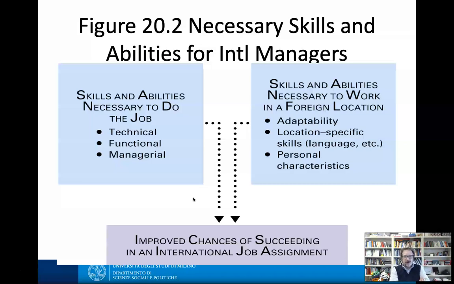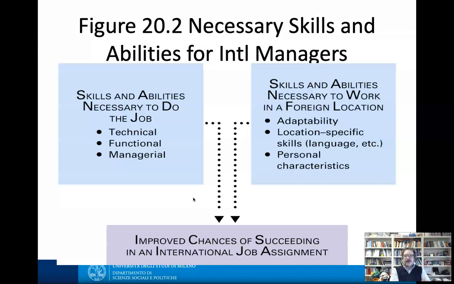So clearly we need to find people who are technically, functionally, or managerially adequate to the role, and who will be able to perform positively. We don't want to get people who are not bringing the adequate value on the basis of the processes and roles we have designed. But at the same time, it's equally important to think to hire somebody who has skills